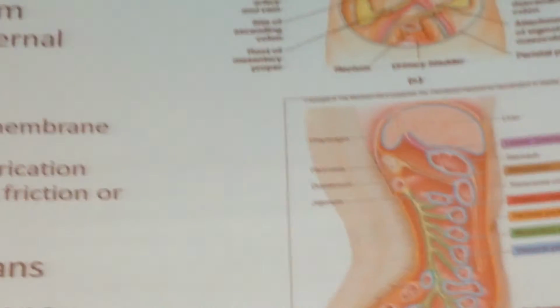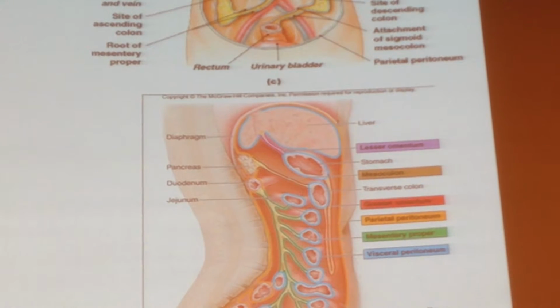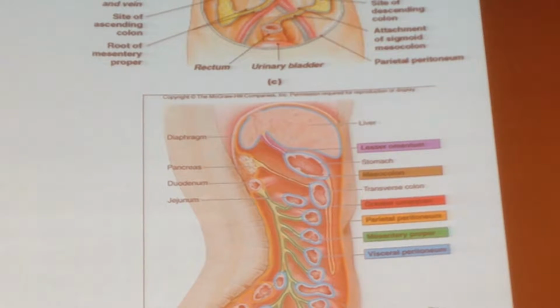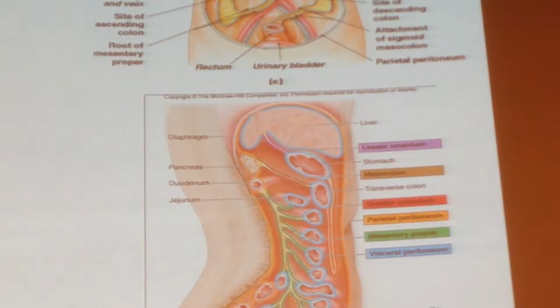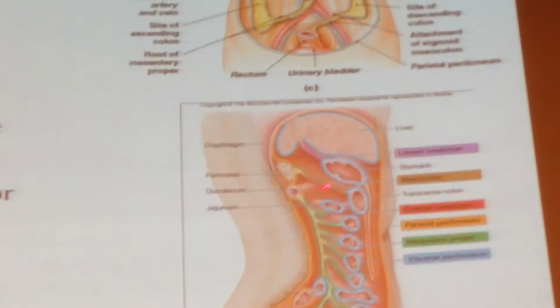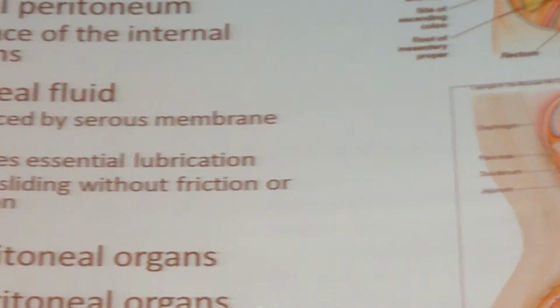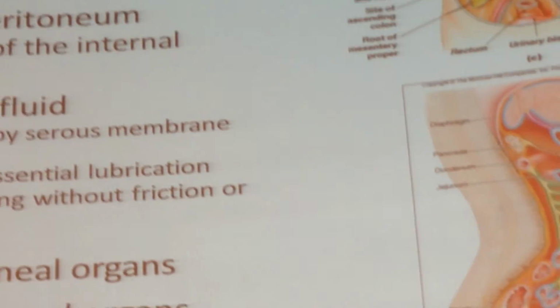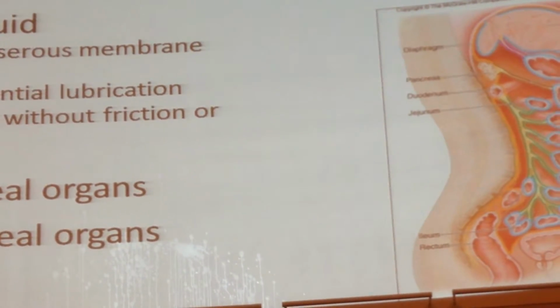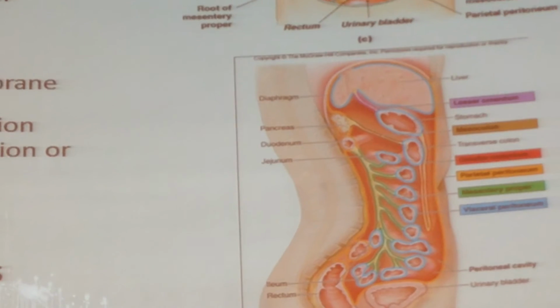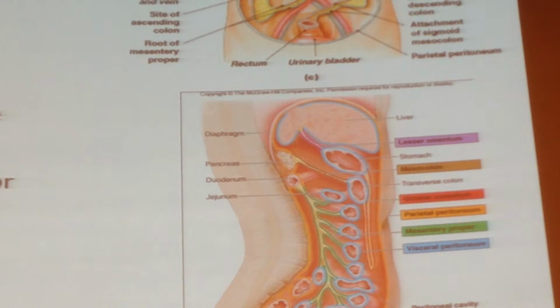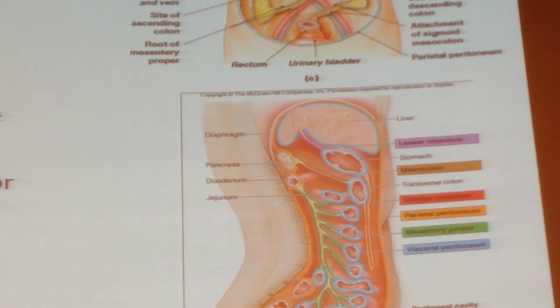This orange lining that is lining against your body wall, those are the parietal peritoneum. Okay, so that's the inside surface of the body wall. This is maybe easier to see, the blue lining here. Those blue linings here are immediately outside of your GI tract, and those are covered with this visceral